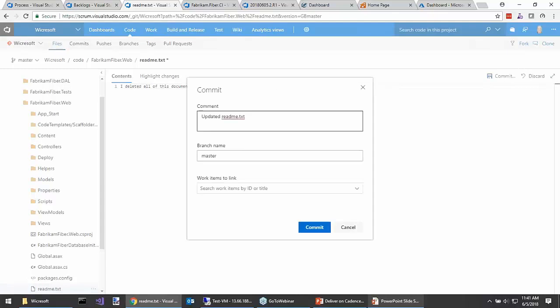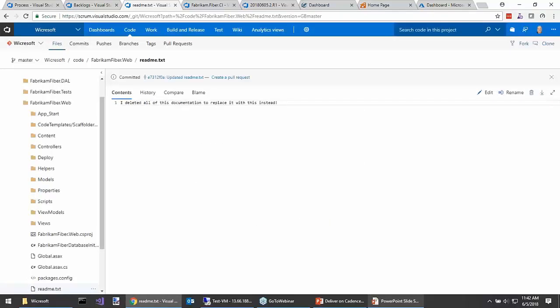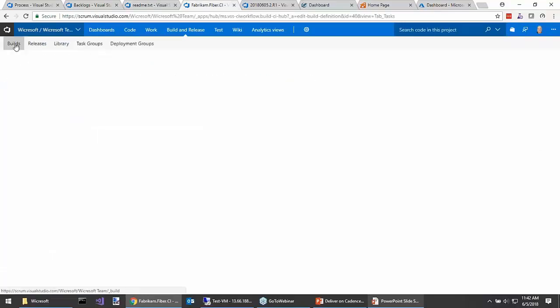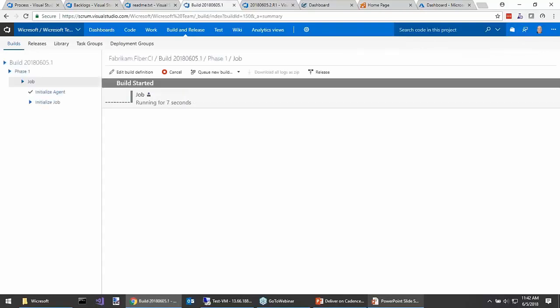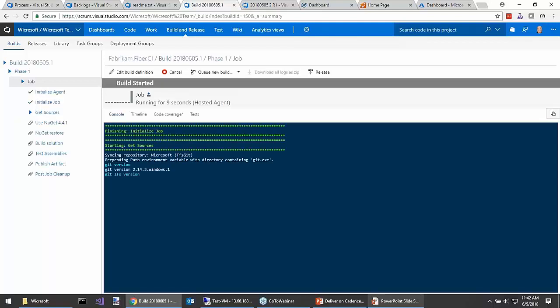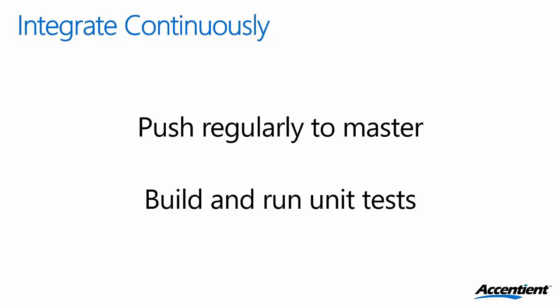That's going into master. And that commit, you don't see it here from this UI, but if we go back to our builds page here, you'll see that this .ci build just kicked off one. So there's a build in progress here. And you can click this and actually kind of watch it to see what's happening. So while that's running, let me go back and talk about a couple other things here.